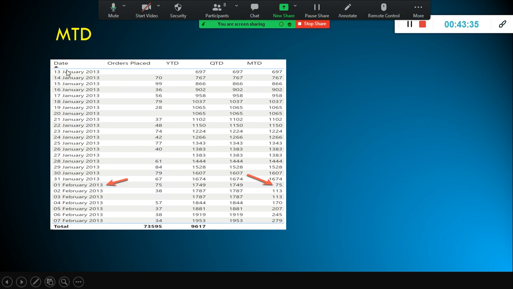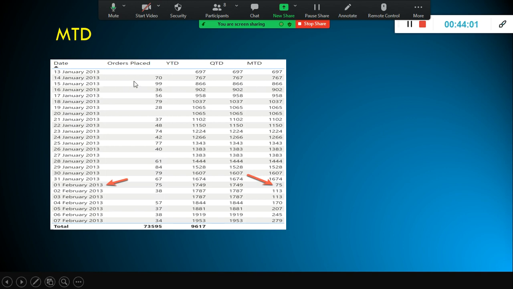So you have the data for, let's say, 13th January: the year to date orders was this one, and quarter to date, month to date. These are the three values, given already. And from 14th January onwards, you need to compute the year to date, quarter to date, month to date.